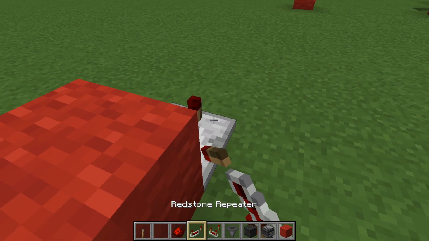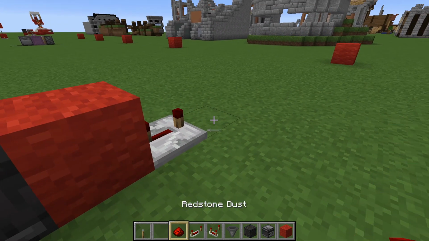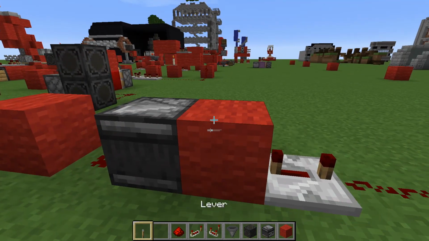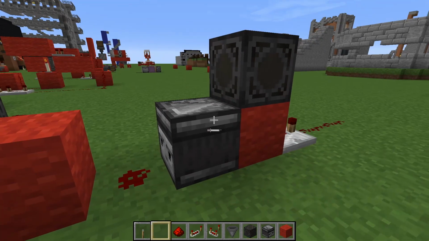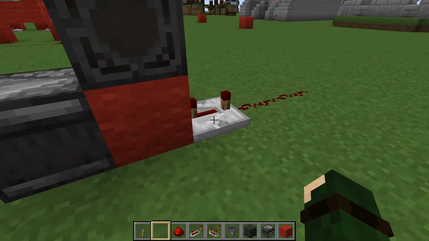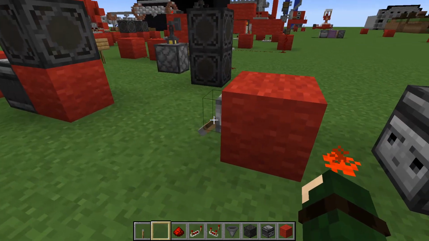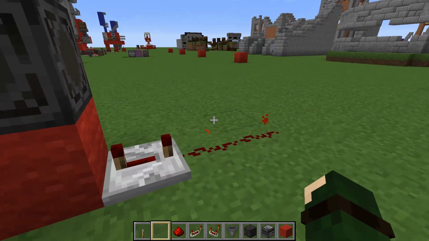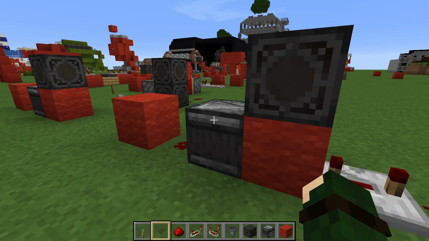You could literally have a repeater coming off here, going into whatever you wanted. I just like having a lamp to show off when it's activated, and then that's it. And you could just, see how I delayed it a lot more? It's a lot more useful and easy to work with. And that's it. Alright, so let's go into my single player world, and I'll show you something actually really cool